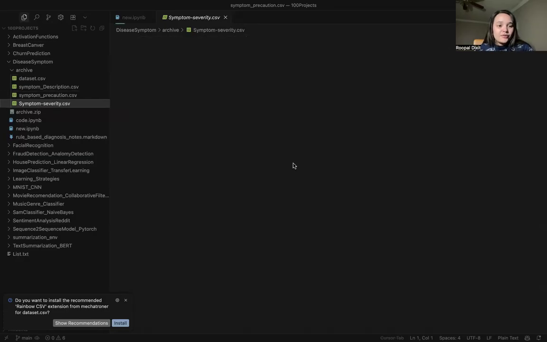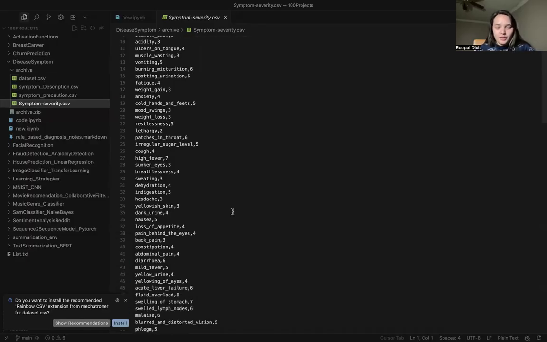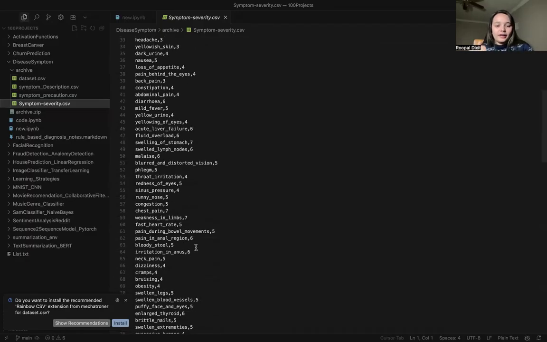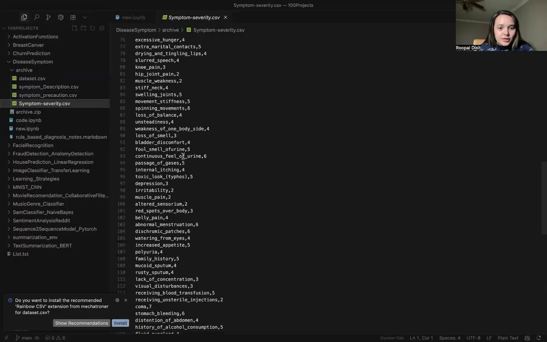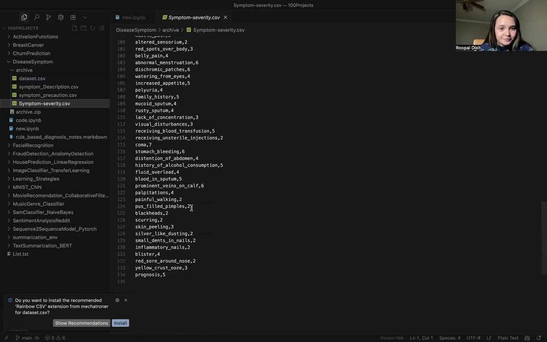And this is the CSV file with the symptoms and their weights. If it is itching, then it is 1. If it is continuous sneezing, it's 4. If it is cold hands and feet, it is 5. Definitely you might have blood pressure issues. Swelling of stomach, definitely a 7. You understand the severity, how it is being labeled. And let me see if I have a higher one, like family history. If you have veins on calf, then it's a 6, I guess.